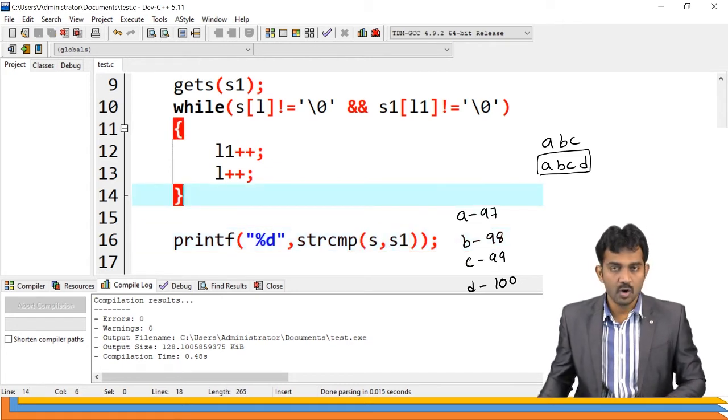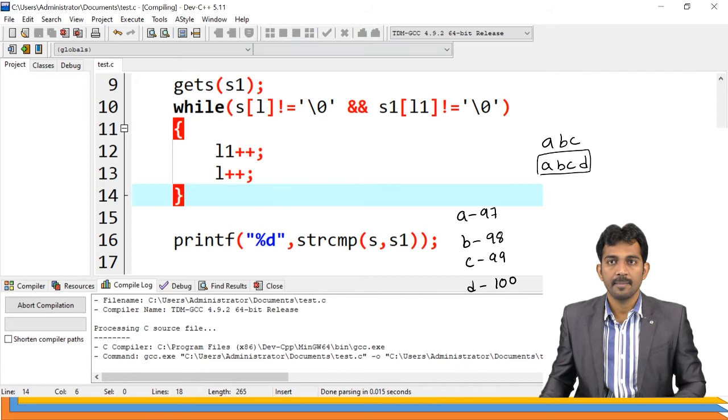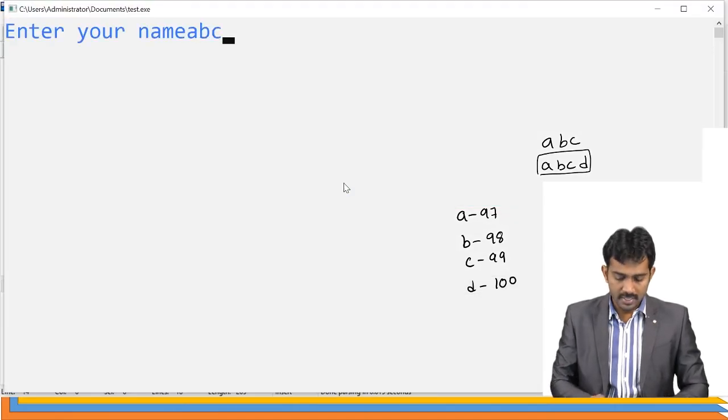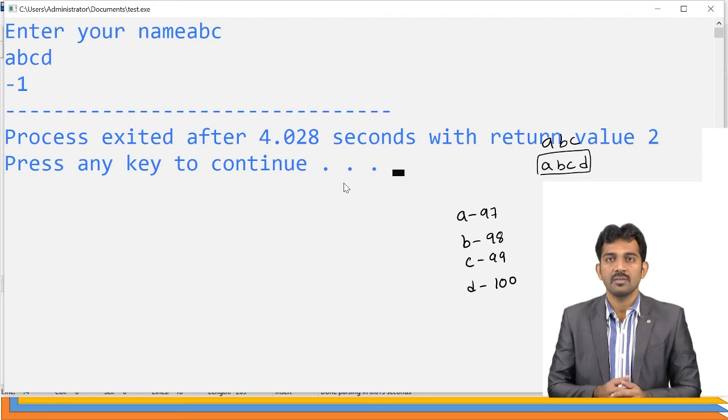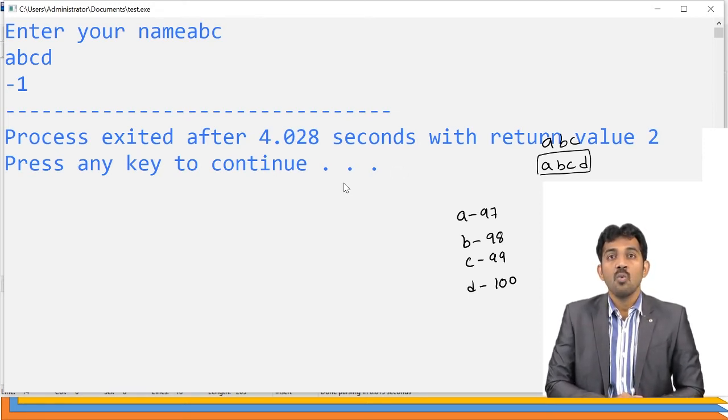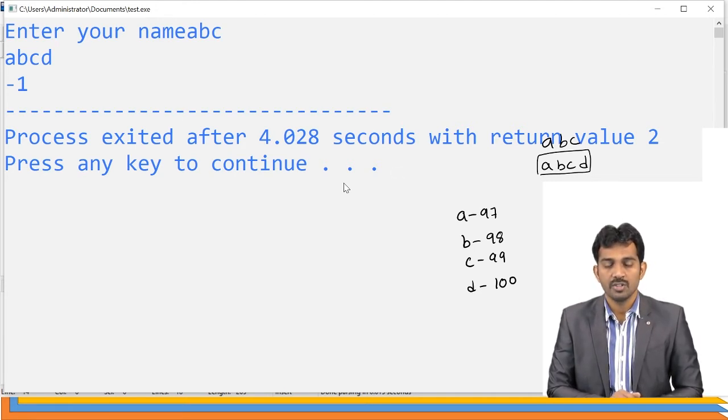Now we'll see what output we are going to get here. A, B, C, D gives minus 1. Right? So one character means one place it is going to change, right?